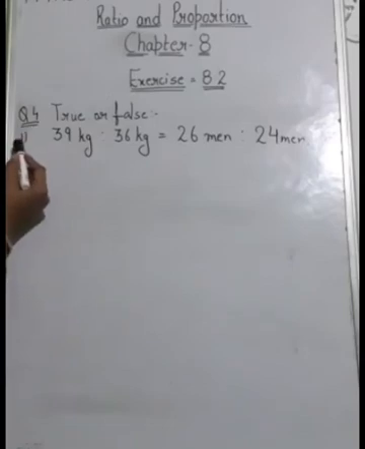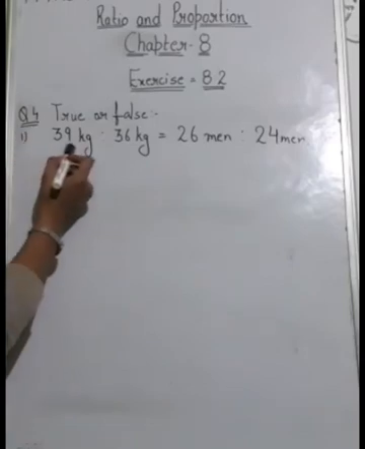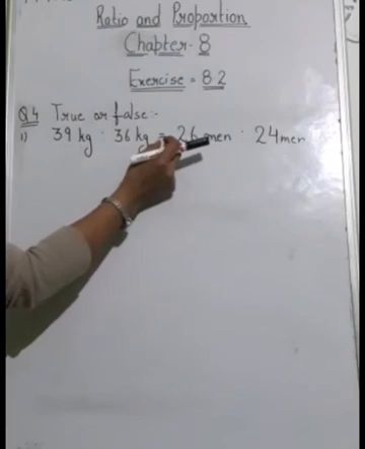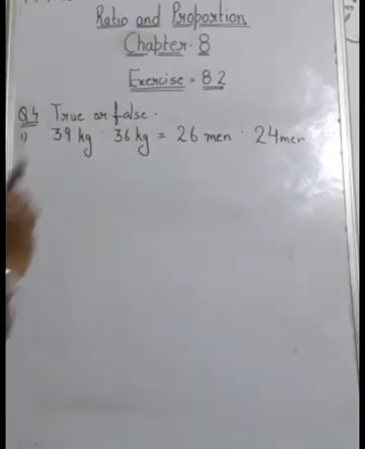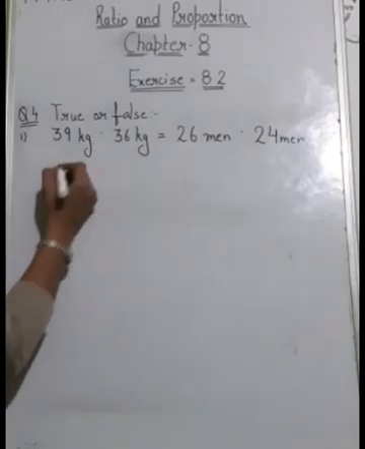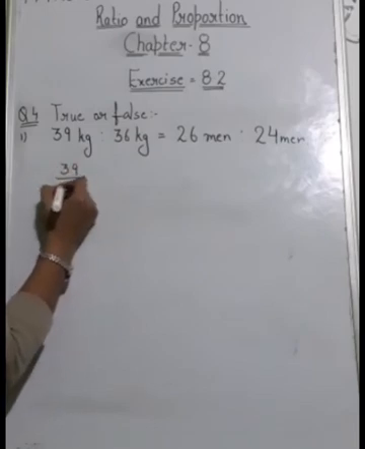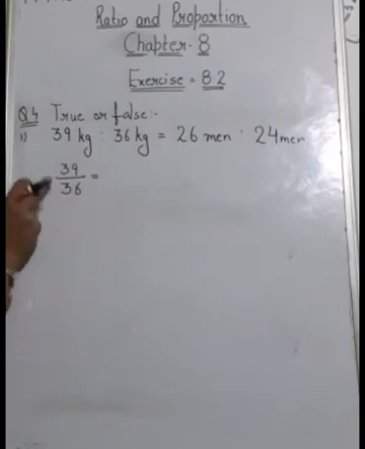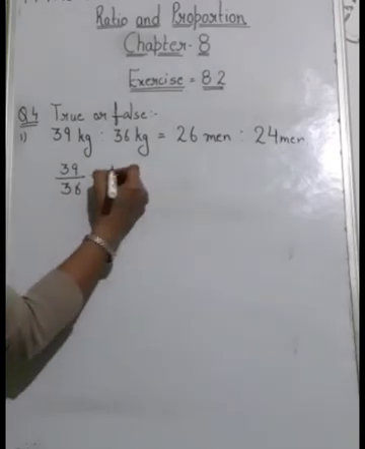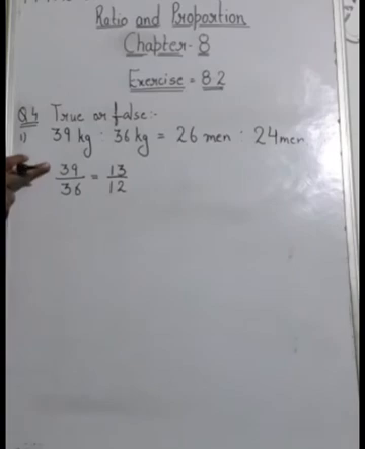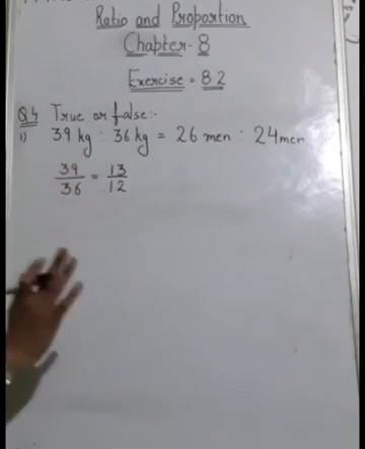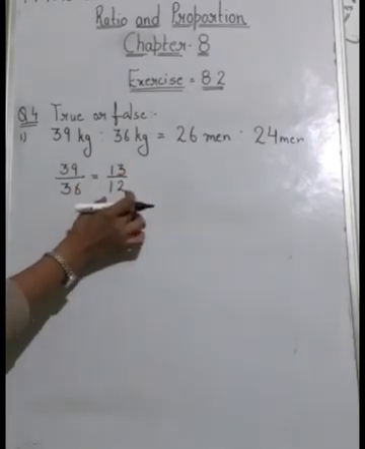Question number 4, I have taken the first part of it, in which they have given you two ratios and they have put an equals sign between them, and you have to find whether this is true or false. It means you have to check the proportionality only. So first just check this one. So I am writing 39 upon 36. Both 39 and 36 will be divisible by 3. So 3 1s are 3, 3 3s are 9, and 3 1s are 3, 3 2s are 6. So after reducing this 39 upon 36 to the lowest form, I am getting 13 upon 12. Clear? Because now we cannot cut this one.